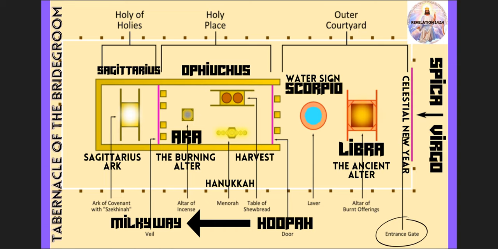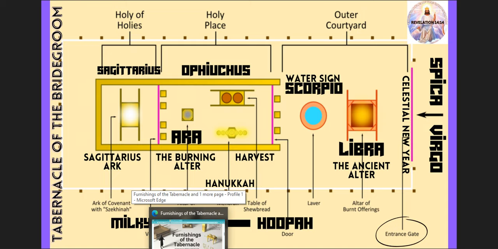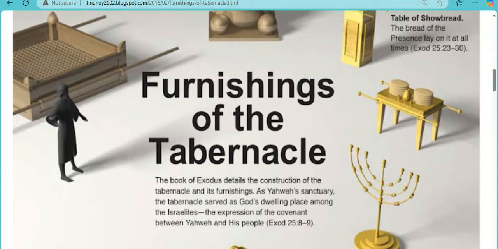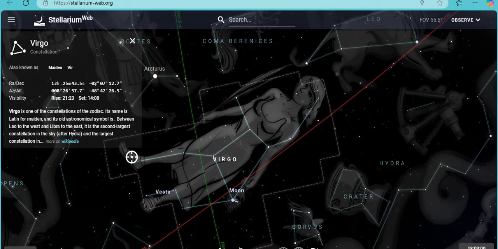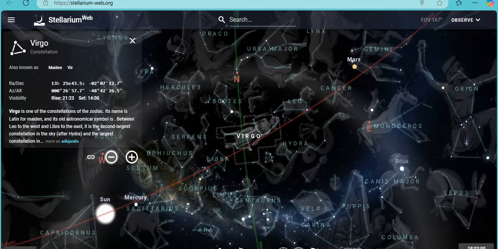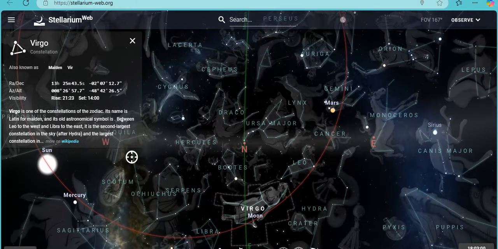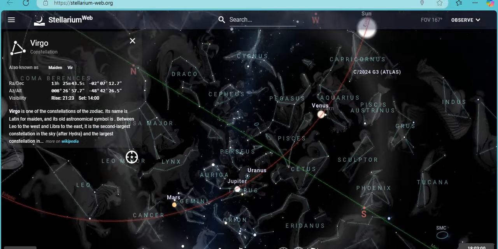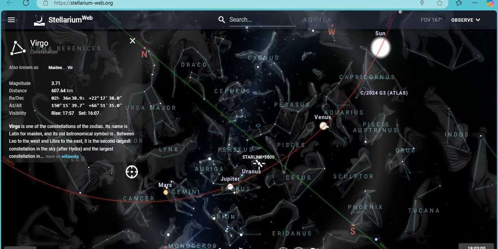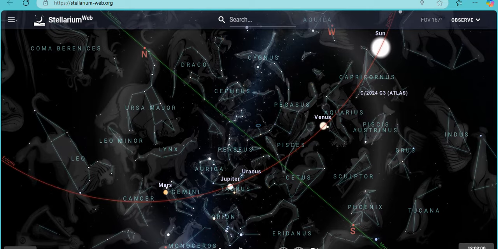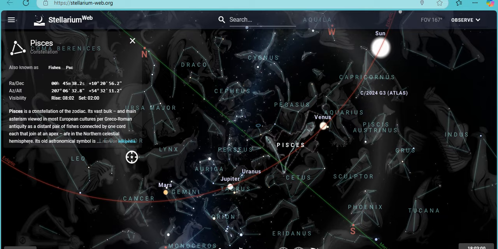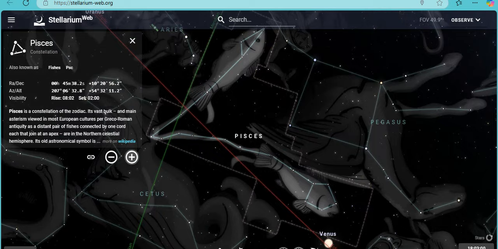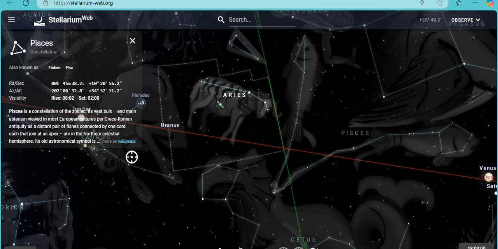So quickly we're going to go back here and jump into Stellarium, and we have Virgo pulled up here, and you can see I have the green meridian line. What we're going to do is track this meridian line all the way over to the other side of the heavens. I'm going to have to do it this way just because of how I pulled it back. And what we want to do is look at this alignment with